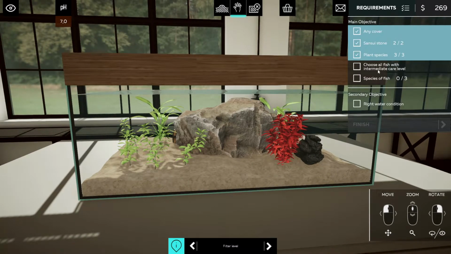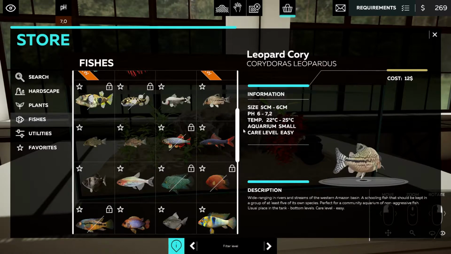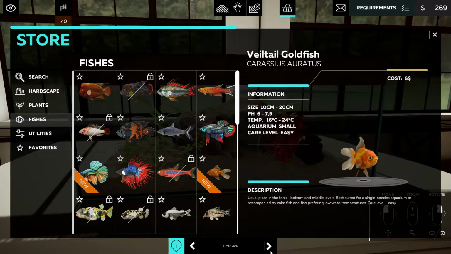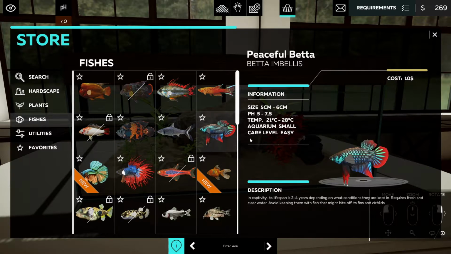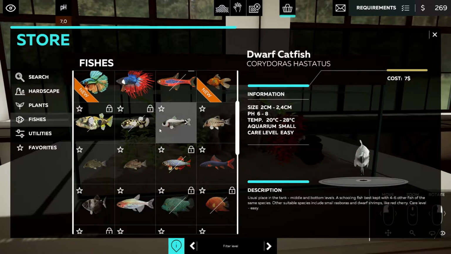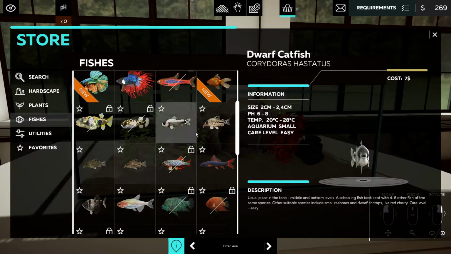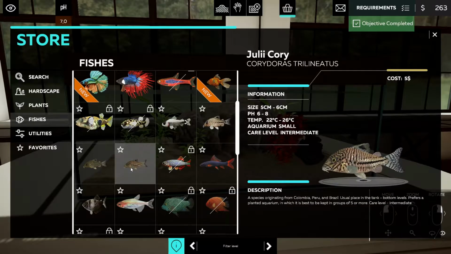And all fish with intermediate care level. 3 different kinds of fish. So now we're looking for specific kinds of fish. I don't know if there's a filter to actually filter on specific kinds of fish, but that's fair enough. Are these intermediate down here? Can I get, I mean, you basically look the same together with you. Well, let's get one of you,